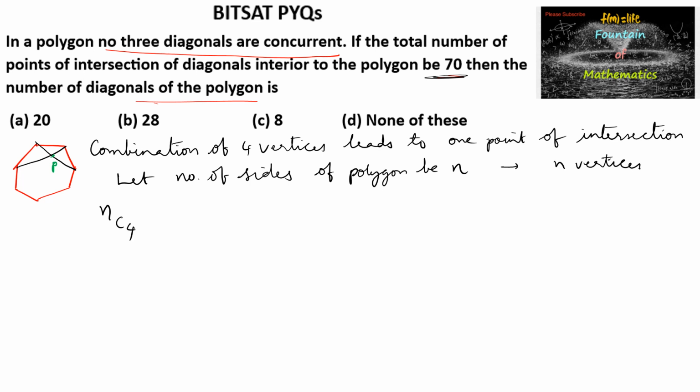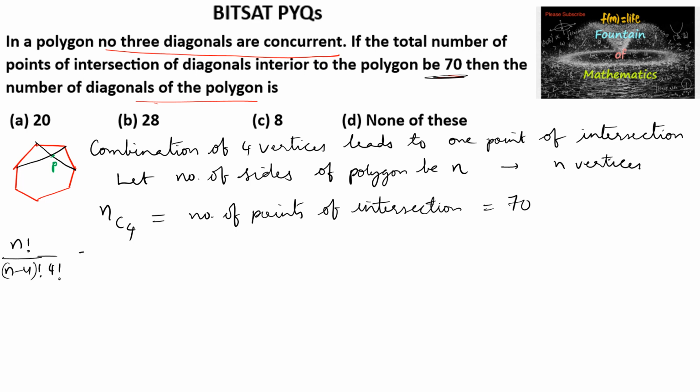Among the n vertices, selecting 4 gives the number of points of intersection, which is given as 70. So nC4 is equal to 70, that is n factorial by n minus 4 factorial into 4 factorial,